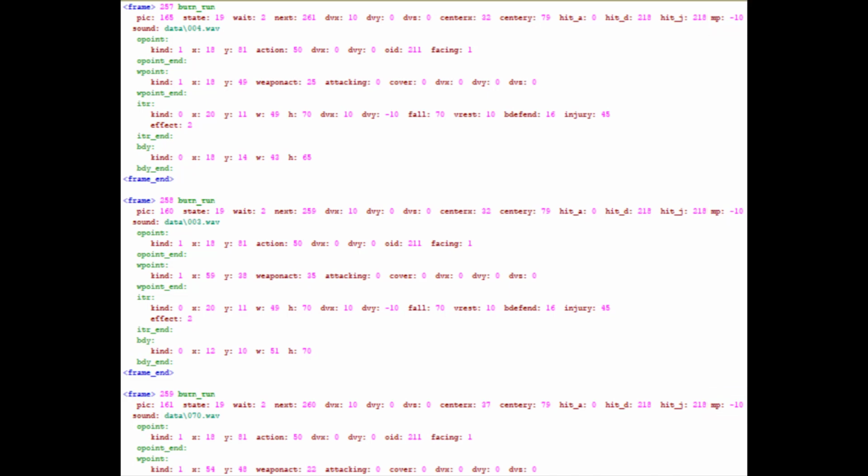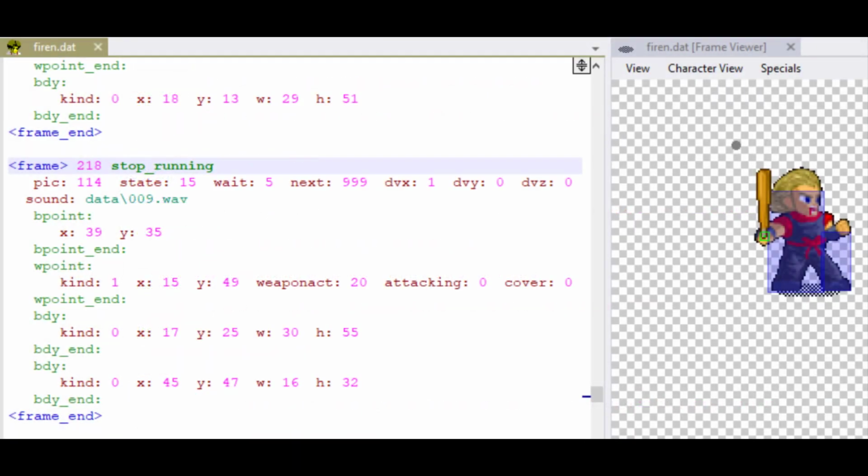He'll keep losing MP, but remember to give hit D a frame to tell which frame the character should go to when he's out of MP, and that frame can't be 999. In Firen's case, it's frame 218, which is a stop running frame. Makes sense. Honestly, you don't need to remember advanced things about MP, because most of the time you just use a basic number like 200, 250, whatever.